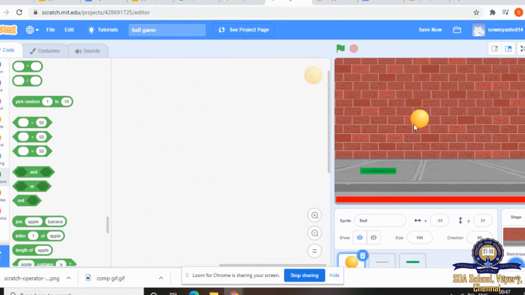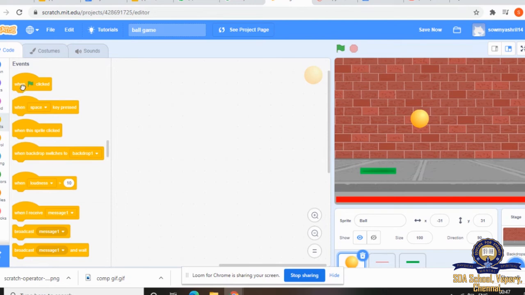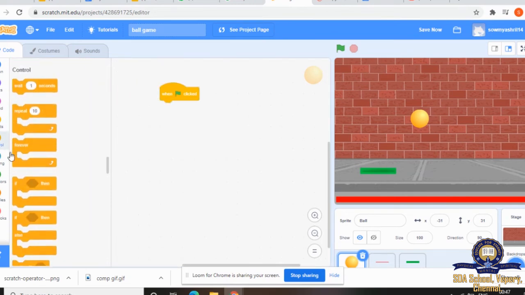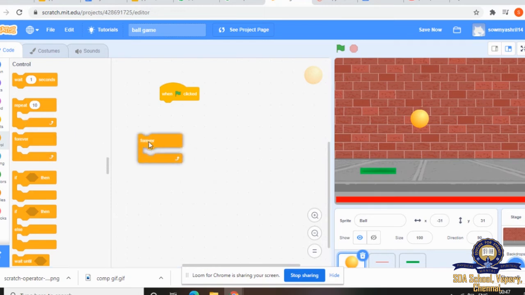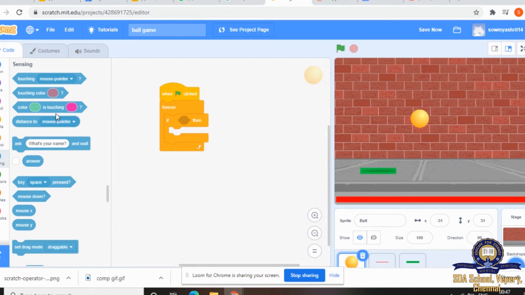First, we'll create for the ball. First, go to events, when clicked, then we are going to control, forever. Then again go to control, if. Inside forever you have to keep if. Then go to sensing block, create touching.